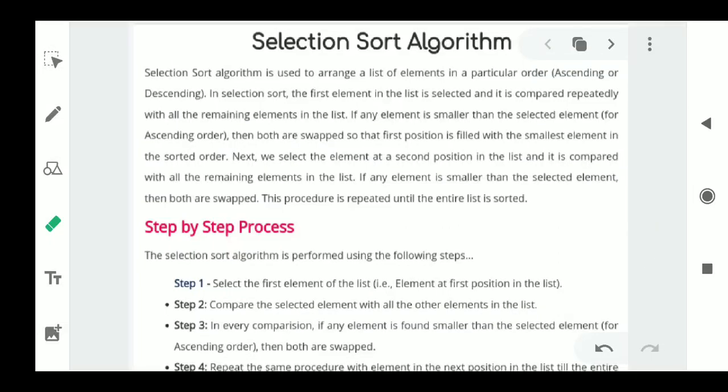In this video lecture, we are going to discuss the selection sort algorithm. In the previous video lecture, we saw insertion sort, and here we are going to look at the selection sort algorithm. So in selection sort, the logic is